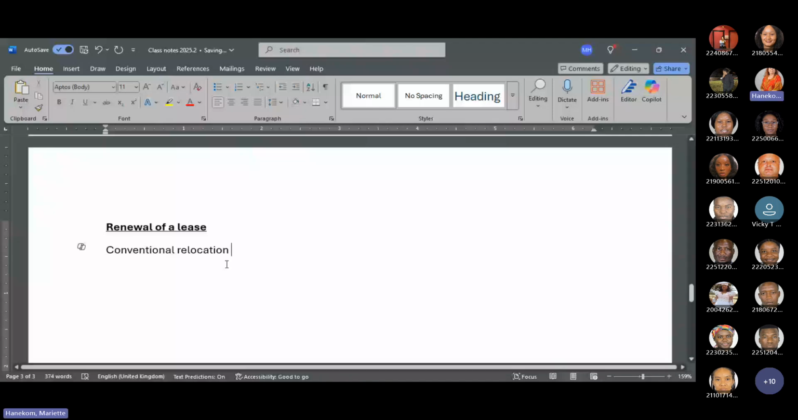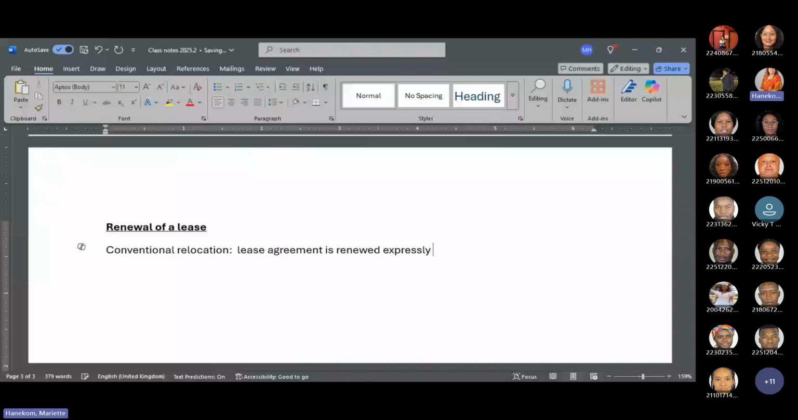Conventional relocation. That is when the lease agreement is renewed expressly. So your lease agreement has expired or is close to the expiry date, and you request the landlord, the lessor, if you can renew the lease and continue staying there for another year. Most lease agreements make provision for this and how it must be done, how much notice must be given in advance, etc. If it is renewed expressly,